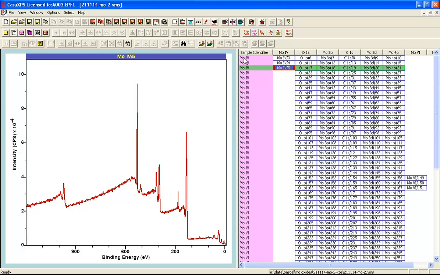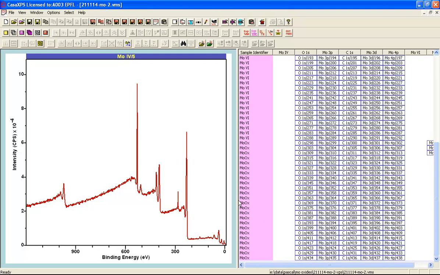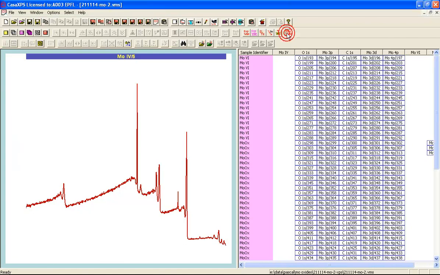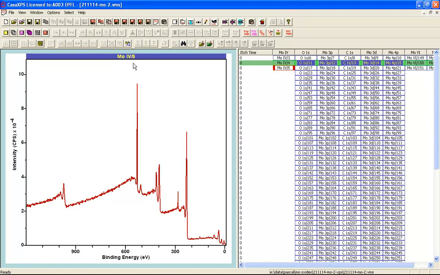So here we can see that the first experiment is based on molybdenum 4+. The second one is, as we can see here, based on molybdenum 6+, and the third is described as molybdenum oxide. Since this file does contain experimental variables, that's to say more than one experimental variable has been assigned to each VAMAS block, what I'll do now is cycle through the experimental variables